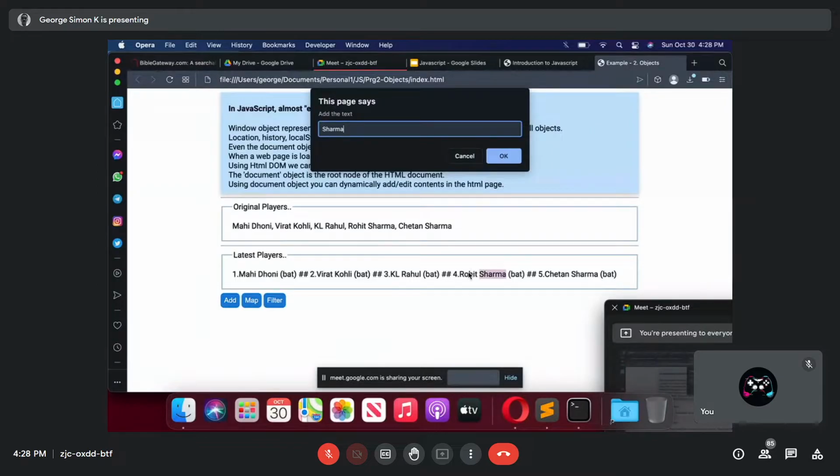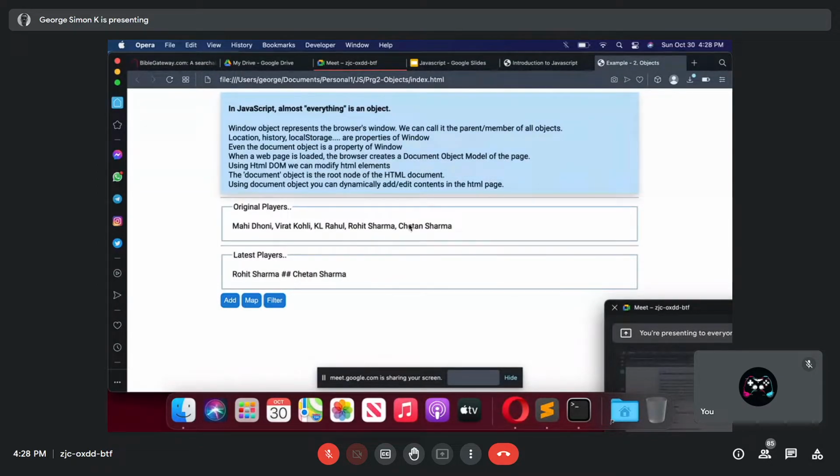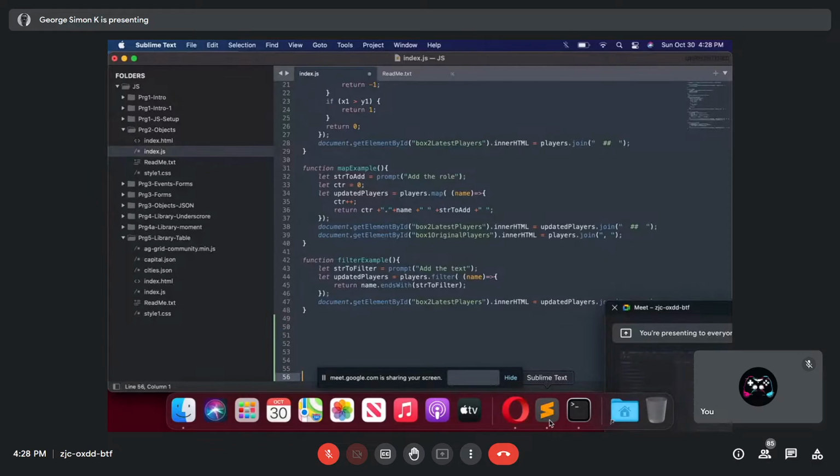So we have Rohit Sharma, we have Chetan Sharma, and I clicked, and it gave the result Rohit Sharma and Chetan Sharma. That is called filter. So this is another important method inside the JavaScript array called filter.